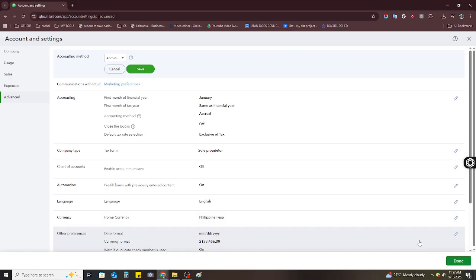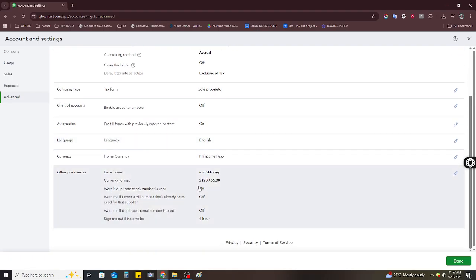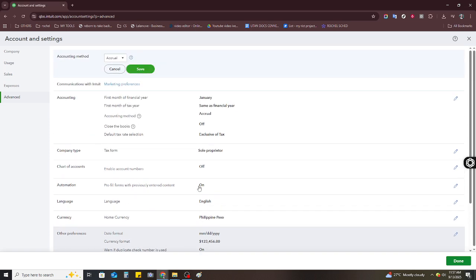After the reset, QuickBooks will guide you through setting up your company from the beginning. This process is fairly straightforward, and QuickBooks does a great job of offering directions along the way. You'll need to enter your business name, address, EIN, and any other relevant details. Following that, it's time to set up your bank accounts and credit cards, ensuring that your financial data is accurate and ready for use. Additionally, you may need to re-add your products, services, customers, and vendors depending on your business